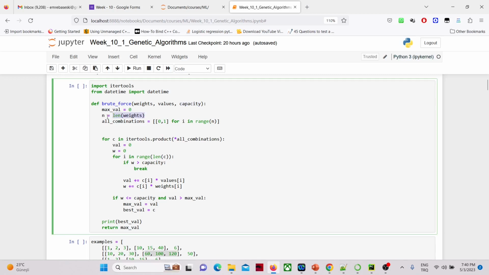So we have n elements that could have been length values as well. That's giving it the length of either this or this one. Okay, and here we are creating all combinations in range n. So that's basically creating us our DNAs, and in that DNAs it says, for example, for 3 items 0 0